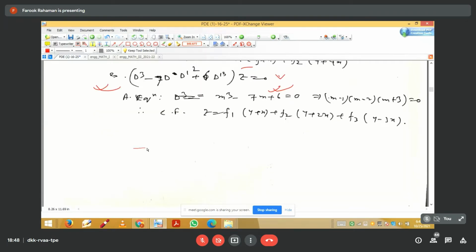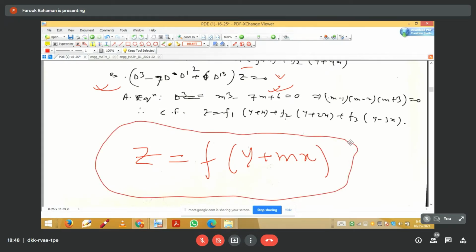Oh, because at first we assumed the solution is of this particular form: z equal to a function of y plus mx. If this is a solution, it should satisfy the original equation. And if you put this solution in the original equation, you will get an auxiliary equation, and the roots of the auxiliary equation give the solution like this. Okay. So there can be more solutions apart from this, right? For the CF, this is fine, this will be it, but the PI is a different solution, you have to find it. Now I will discuss that. Okay, I am saying that now. Okay, did you understand? Okay, hello.